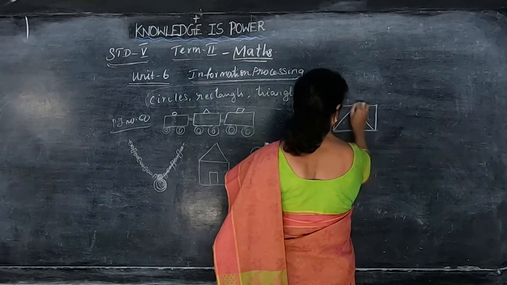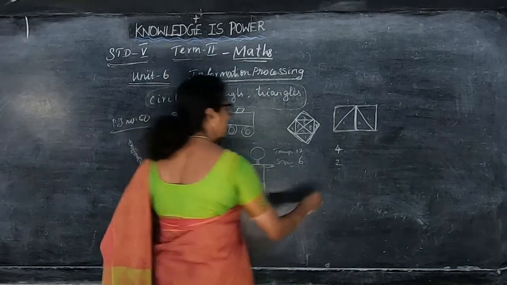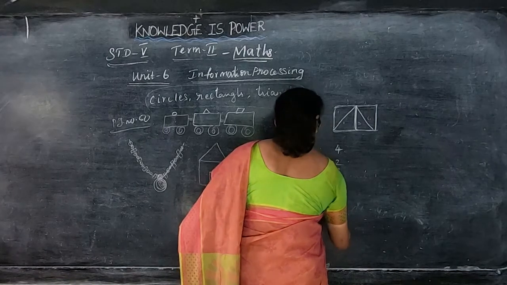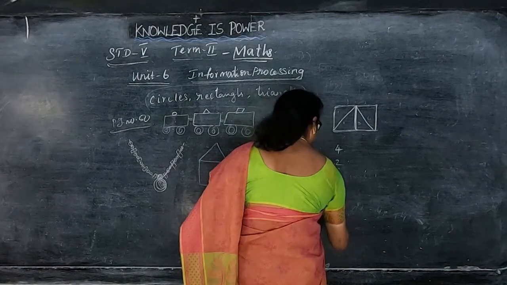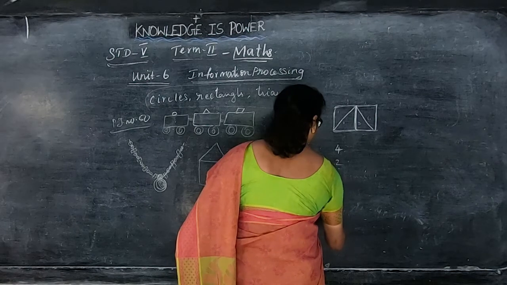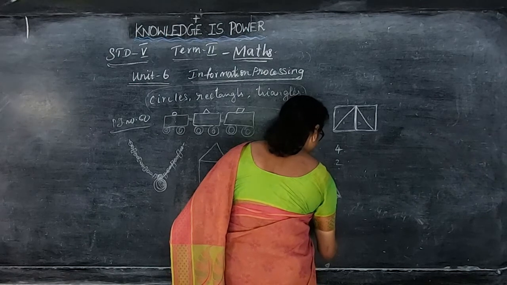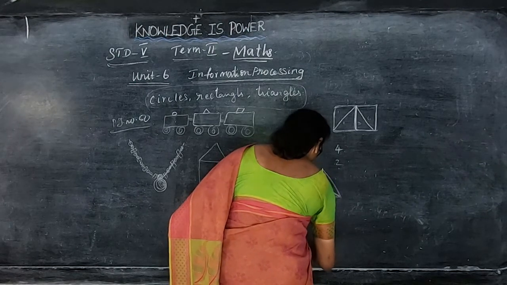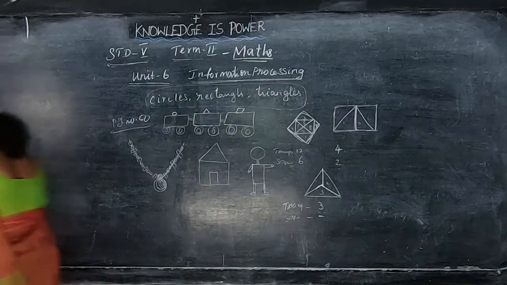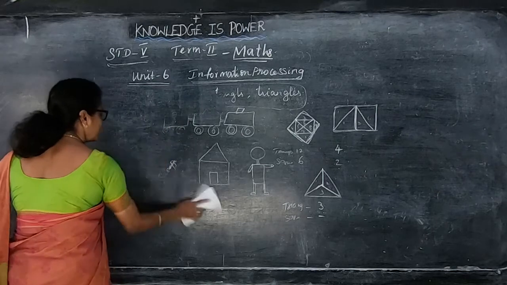So this is the information processing. And then in the rectangle, how many triangles are there? 1, 2, 3. So the number of triangles is 3. Squares, no squares at all. So you put a dash. Okay. So here they have given some of the shapes also. So the next one is